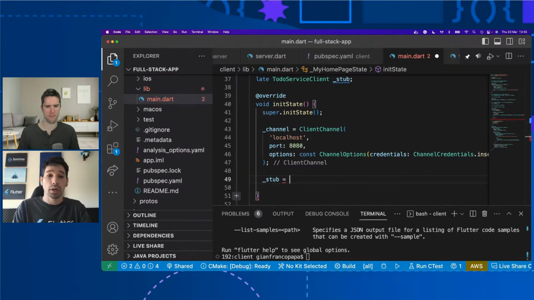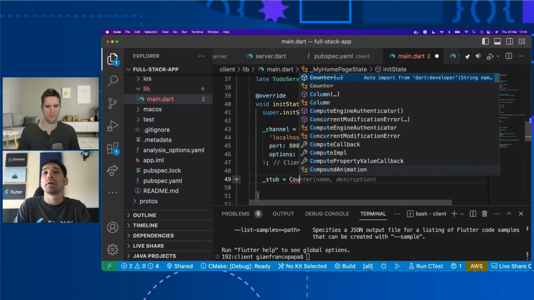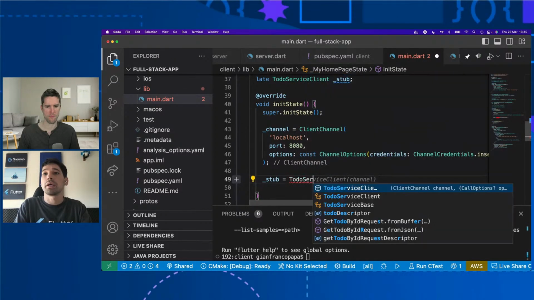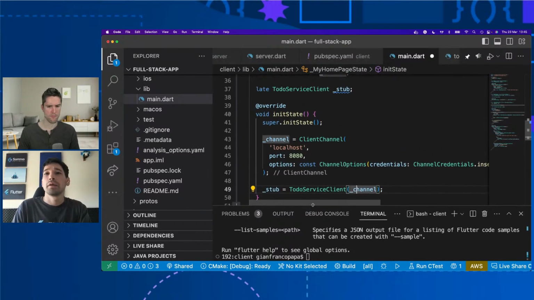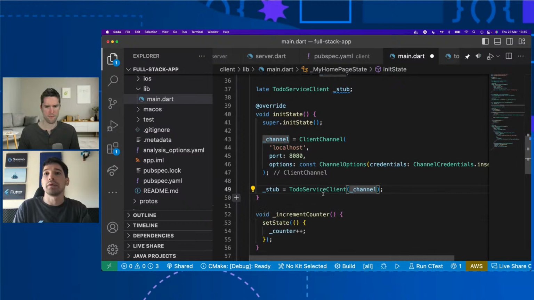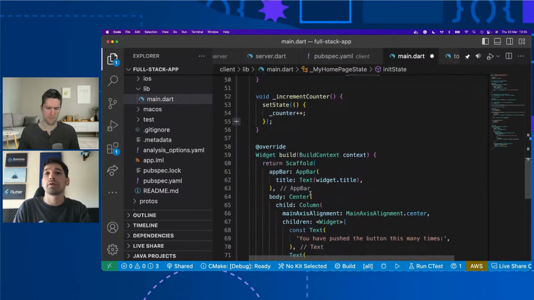So here, what we can do is basically to-do service client, initialize, and send the channel, and that's it. We have our stuff, and we can start using it to interact with all of the methods available, like our get to-do method. Okay. So yeah, let's hide the terminal. One moment.